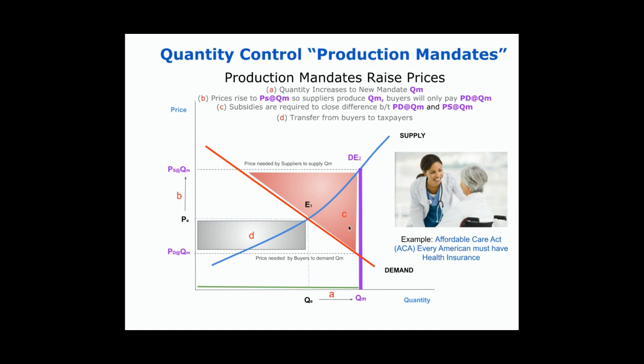At QM, the price that demanders demand is all the way down here on the demand curve. So they want to pay this lower price, a price much lower than the market was generating. But what do suppliers want to produce that amount QM? Well, they want to be all the way up here. So we have this gap between the price required by suppliers to supply QM and the price required by demanders to buy QM. And so this has to be reconciled some way. In the case of